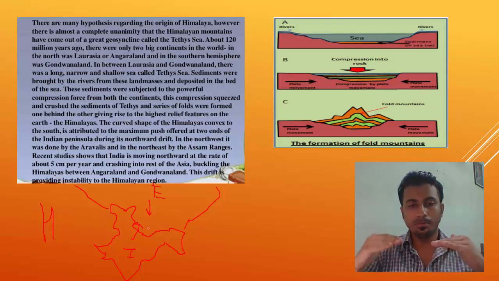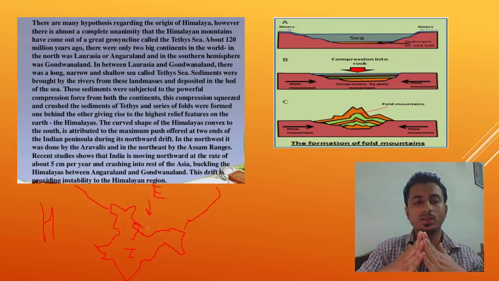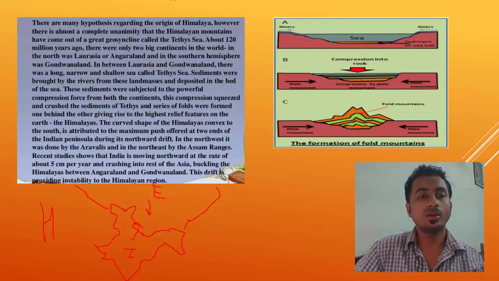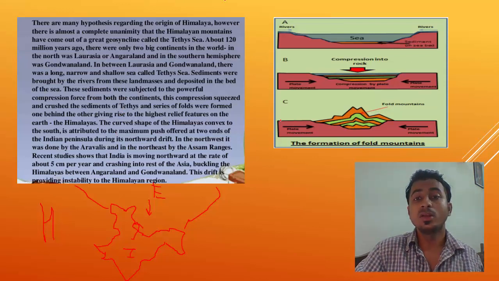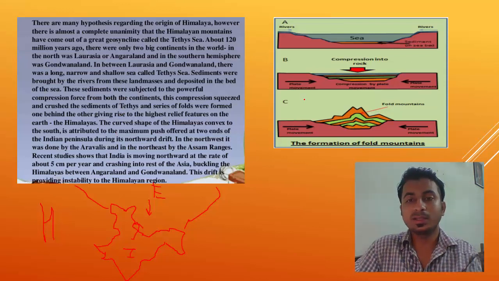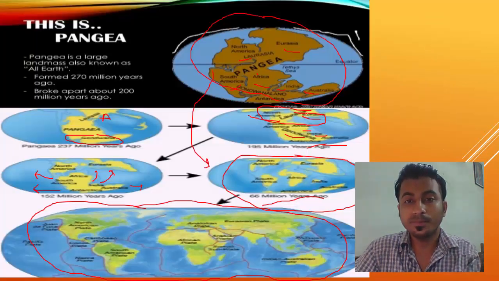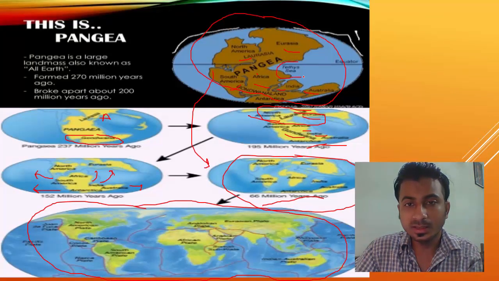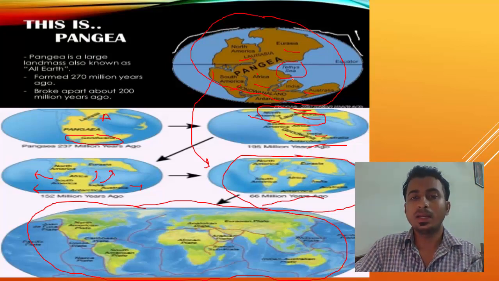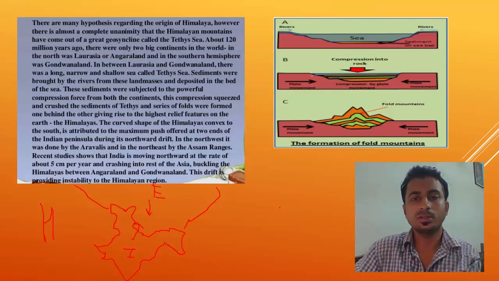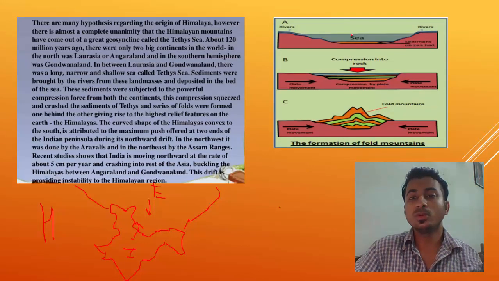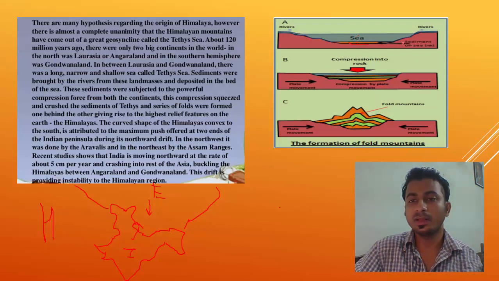So I told you when two plates converge towards each other, mountains are formed. That's what they have written. But how did we get the sediments of fold mountains? There was a sea called Tethys Sea, which was there in this diagram also. See, it is written Tethys Sea. That's the right pronunciation. So there was a sea, there are sediments. This orange color part is sediment.